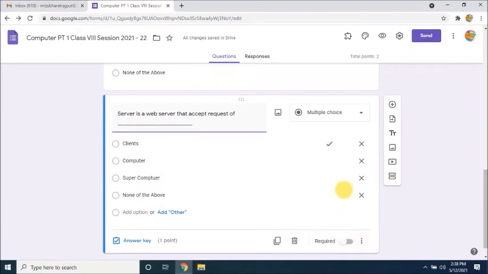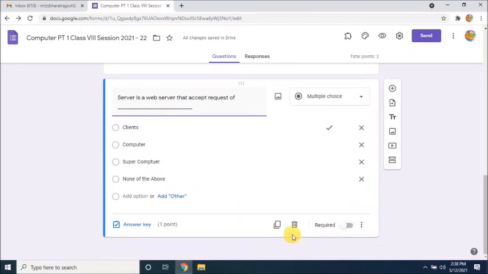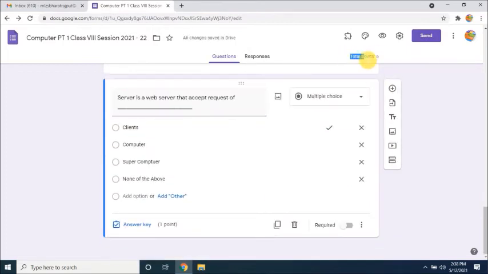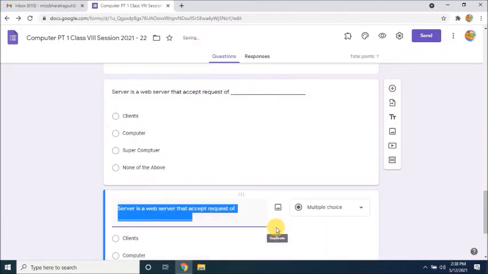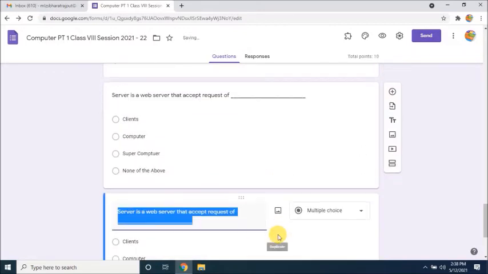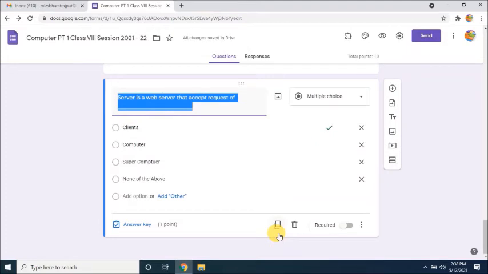Okay, same as now. You can put another one, 3, 4, 5, 6. Counting is going on in the form. Let's see, 6 is there. Here our counting for the form is going on. 7, 8, 9, 10. Okay, so it means you can create any number of questions as per your requirement. We have a 20 marks question paper, so we have to design 20 questions.